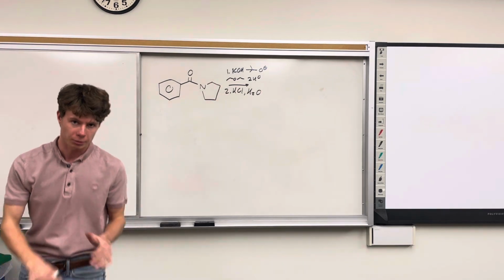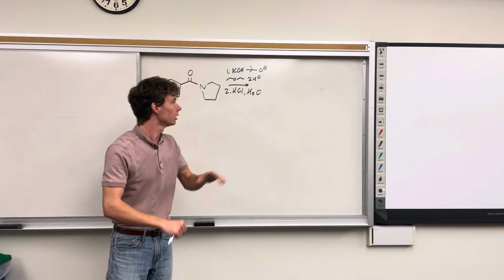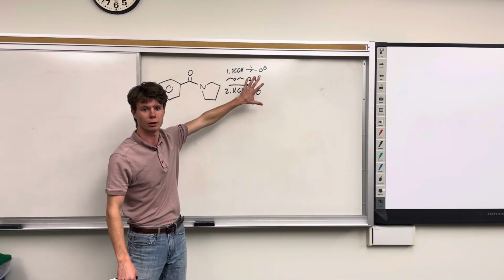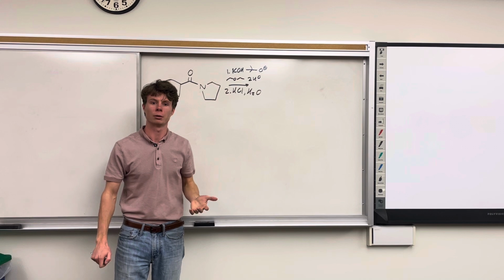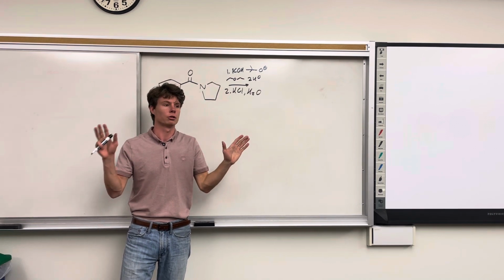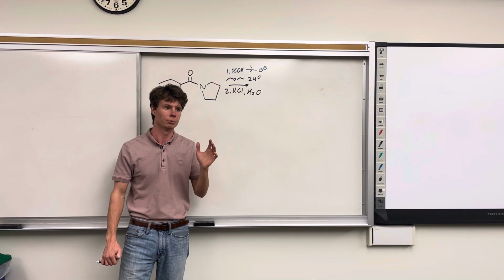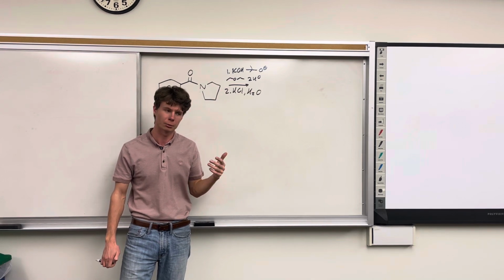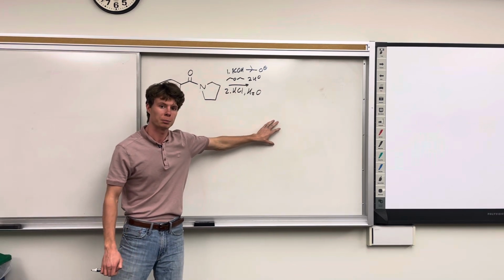How do I know I'm doing base-promoted hydrolysis of an amide? I see all of this junk on the reaction arrow, okay? Similar to saponification, right? Before all of that, it was just two reactants. We are limited to pKa's, and some of them were reversible, some of them weren't. We'll see in saponification and this base-promoted